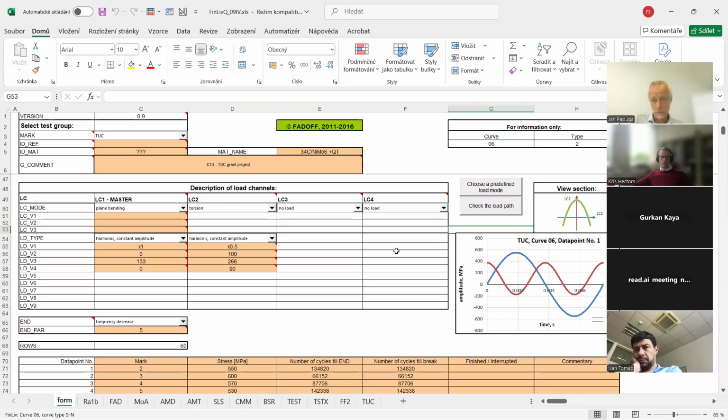That's about loading for this one SN curve. Then I can also modify the information about what is the end point of the test. That's very often forgotten in describing the experiment: what was the moment when the test was claimed to be finished. In SN curves, it can be the moment when both parts of the specimen are completely separated. It can be a moment when you cannot proceed because